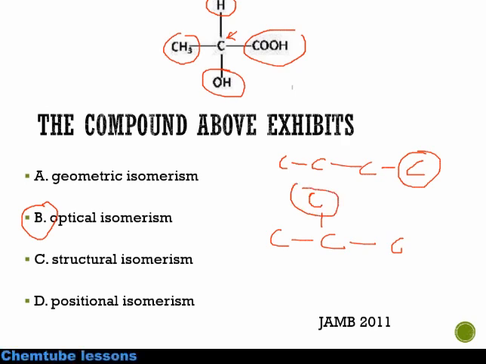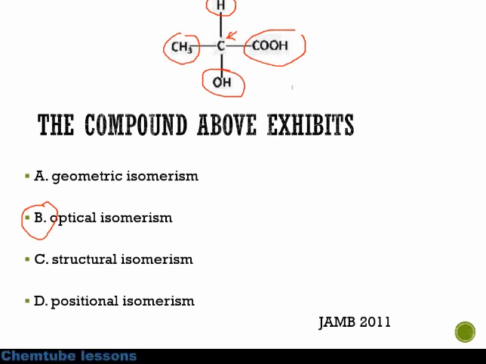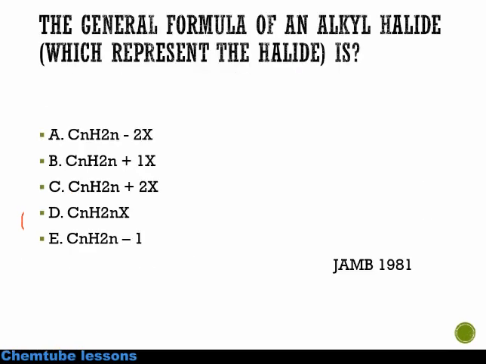While lastly, the last one, which is positional isomers. Positional isomerism is quite versatile. For example, let's say you have this. This is the first carbon, second carbon, and third carbon. Let's say I have a chloro group attached to the second carbon. To make an isomer of this, I will just change the position of the chloro group. I can take it to the first carbon, or I can take it to the third carbon. So that's positional isomerism. That's the difference between the four isomers in the options. Let's look at this. So the answer here is